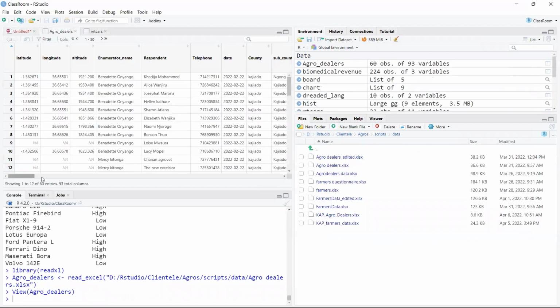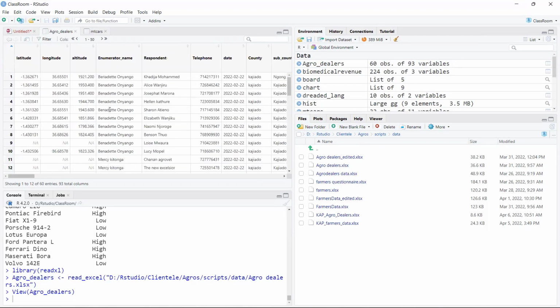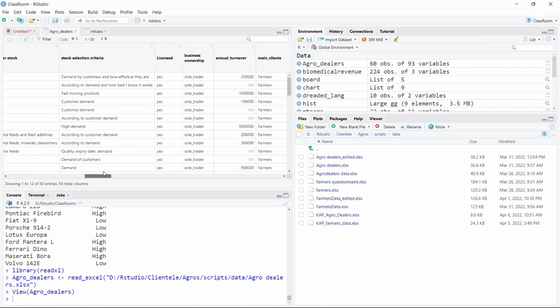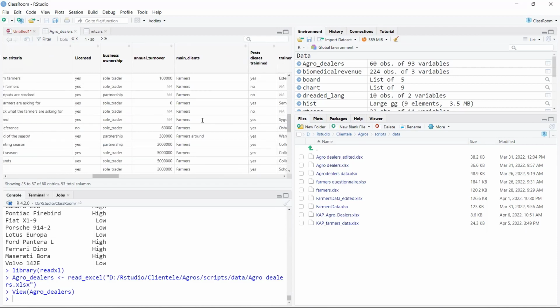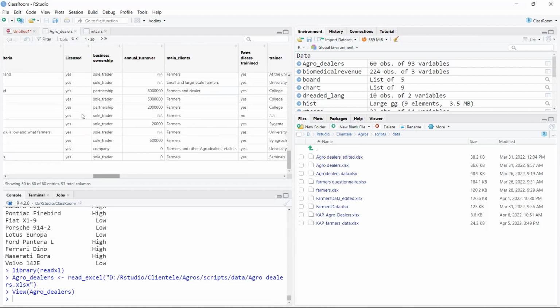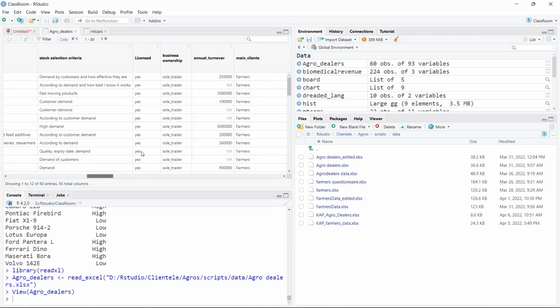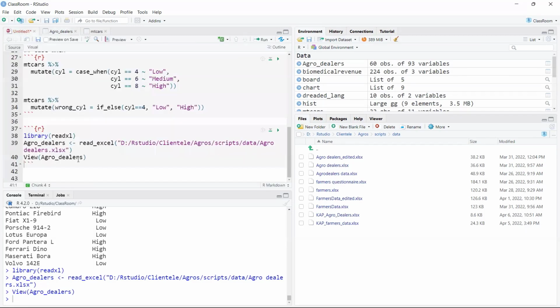Okay, this is some data set. Bernadette, I believe you worked on this at some point. I can see your name here. I think I had cleaned this. Let's say the licensed column, these yes and no values, are written in small letters. Maybe I want them in capital letters. So I would just come here and say